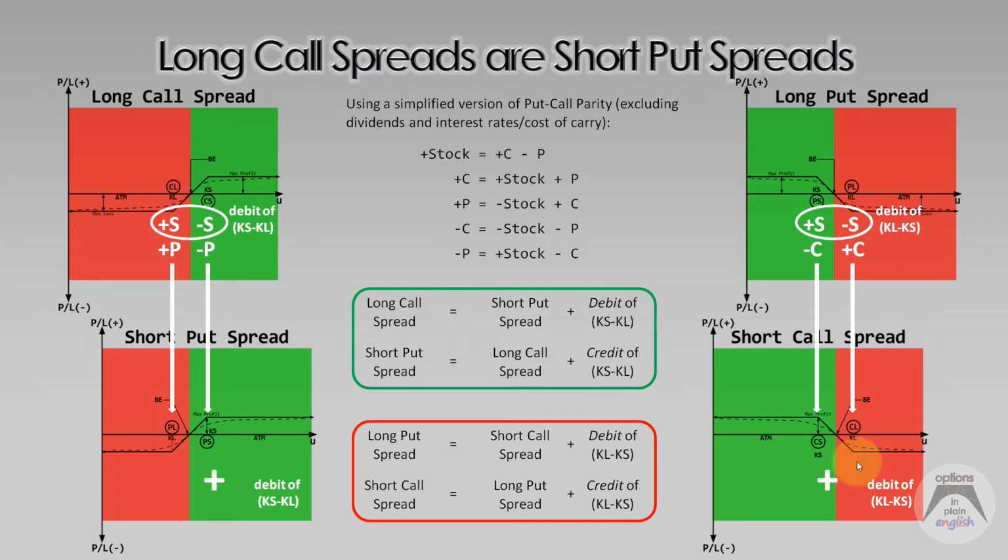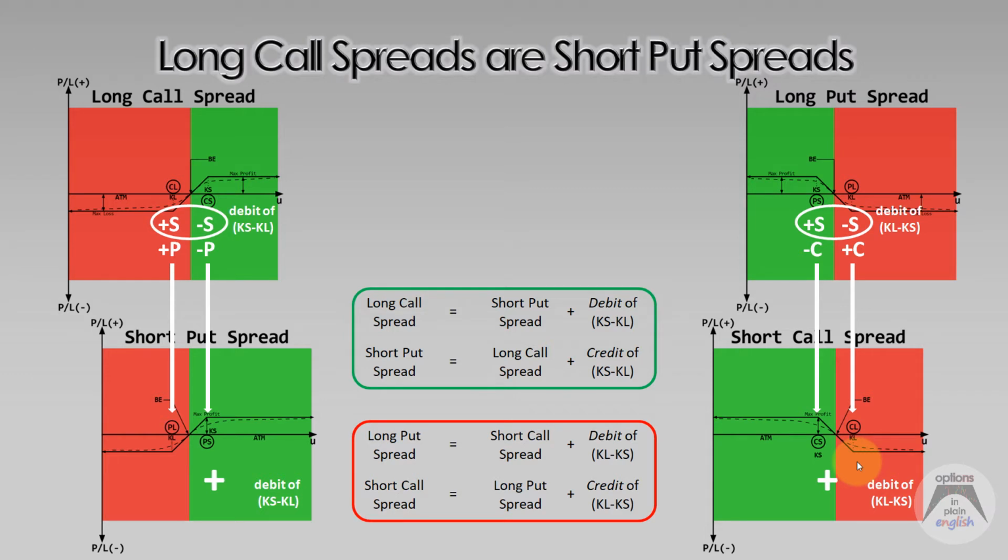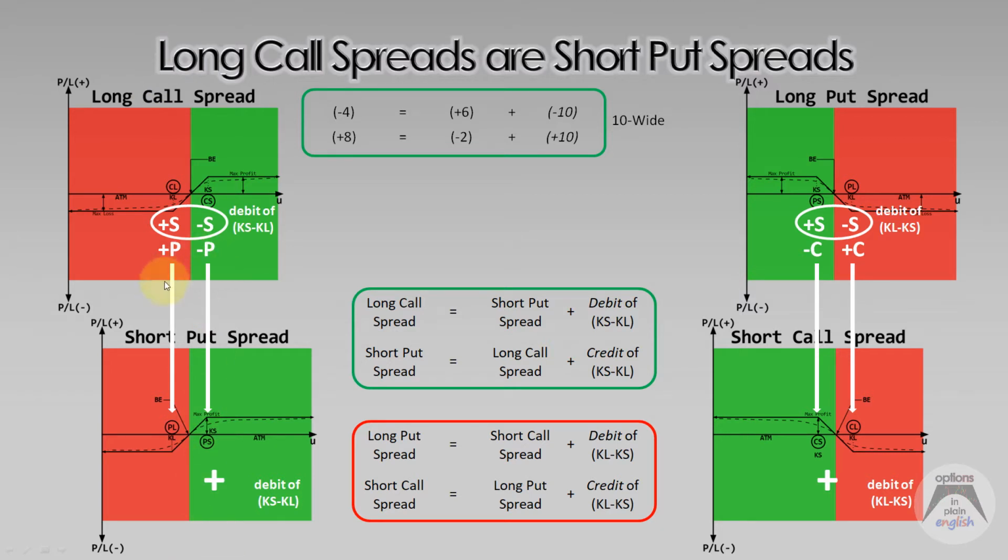So if we keep analyzing this and we do an example, let's do an example for the bullish portion. So if you have a long call spread, you can say, for example, the price is here and you have this spread that you want to put on, and it's going to be $10 wide, okay? So this is going to be the distance, $10. And you open a long call spread and you pay $4 for it, so -4 because you have to pay for that. You go from -4 being equal to,